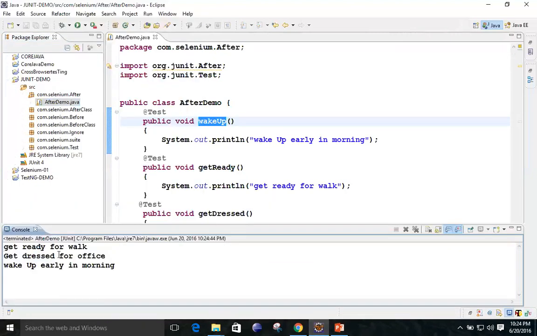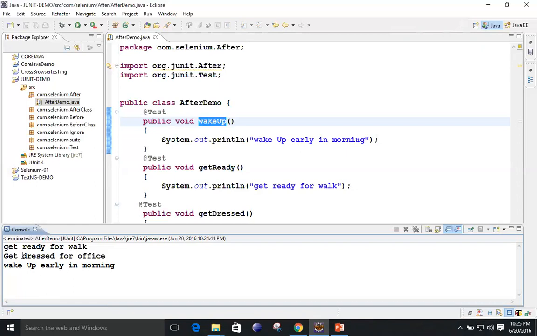Here you can see get ready for work, get dressed for office, and wake up early. Now the sequence has changed. Sometimes it will take the help of the method names to print the output, or it can print randomly. Most of the time it will print the messages randomly.